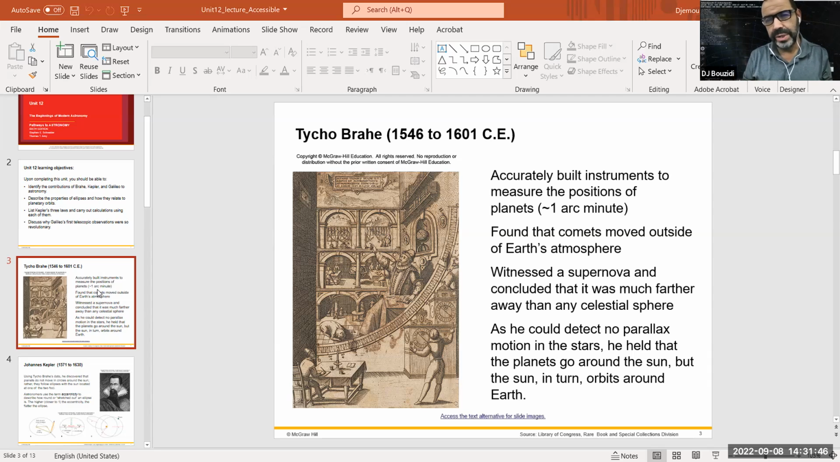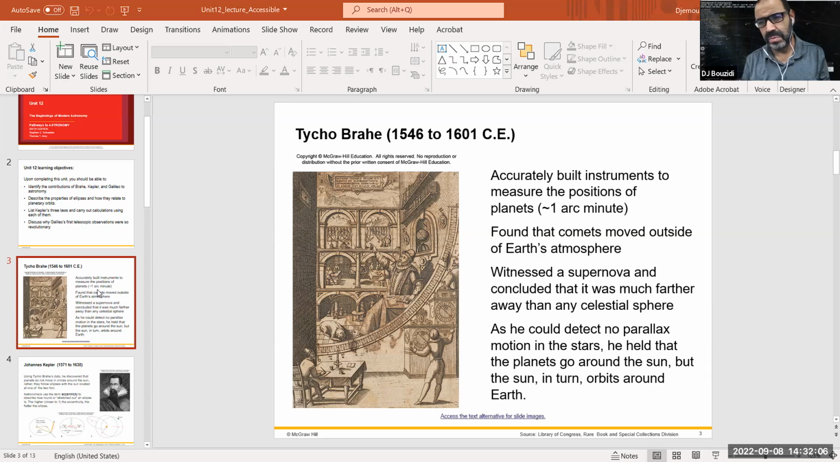Tycho Brahe basically had a 50-50 thing, like a compromise. According to his observation, all of the planets, especially the closer ones, revolve around the sun. There is no question about it. But because he couldn't find that parallax,